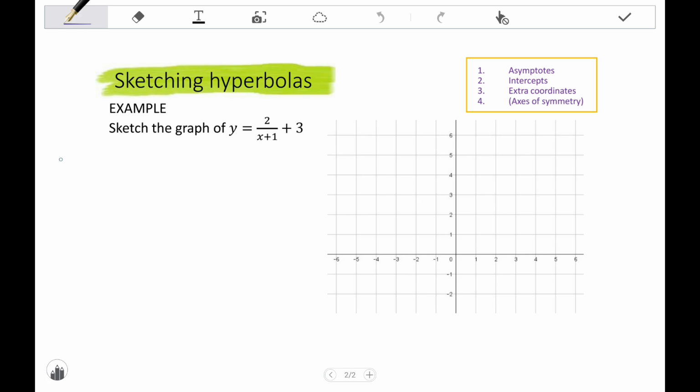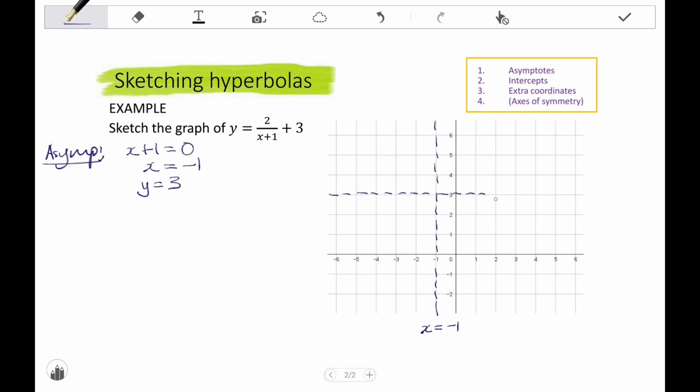So the first thing we want to sketch is our asymptotes. Now, our vertical asymptote, its equation is, if I take the denominator and make it equal to 0, that would make it undefined. So I want to avoid that. So I need to find the x value that would make that undefined. So I solve for x and I find it is -1. So I can sketch a dashed line at x equals -1. Use your ruler, not like this, okay, and label it. Okay, then my horizontal asymptote is y equals the q value, which is 3, and then draw it, dashed lines,